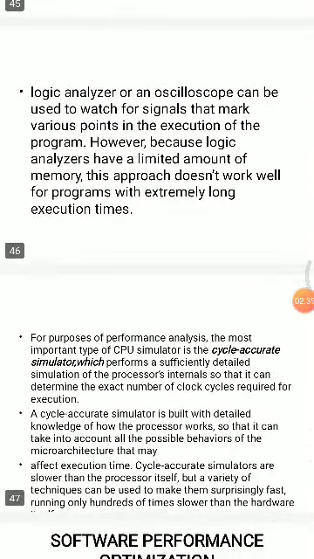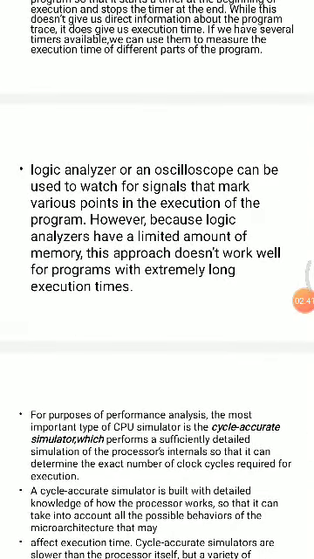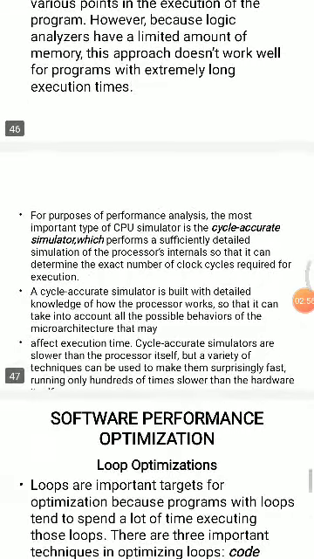The next one is logic analyzers. A logic analyzer or an oscilloscope can be used to watch the signals that mark various points of an executing program. Because logic analyzers have a limited amount of memory, this approach doesn't work well for a program with an extremely long execution time. For this purpose of performance analysis, the most important tools are CPU simulators, and cycle accurate simulators, which perform